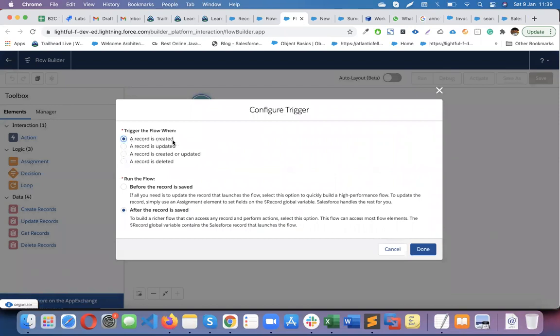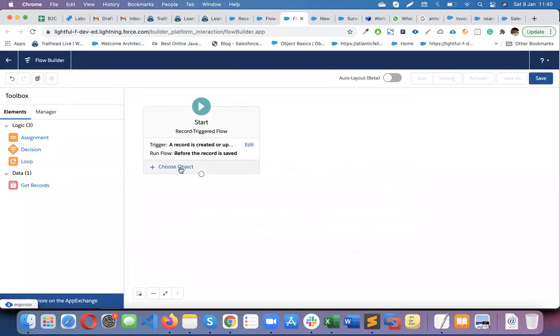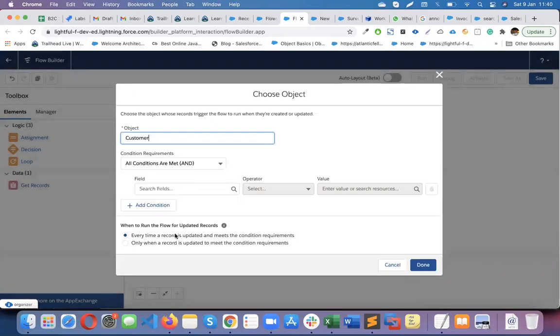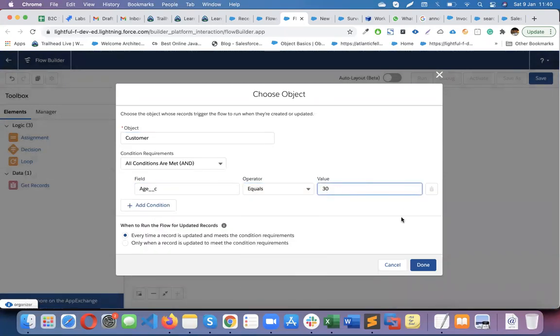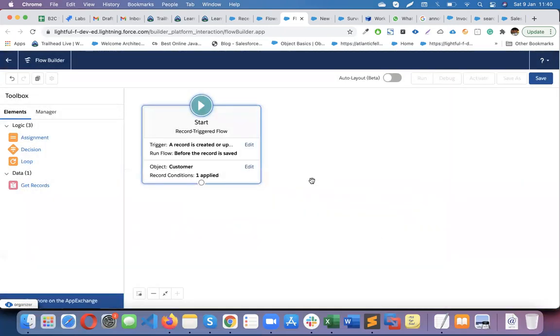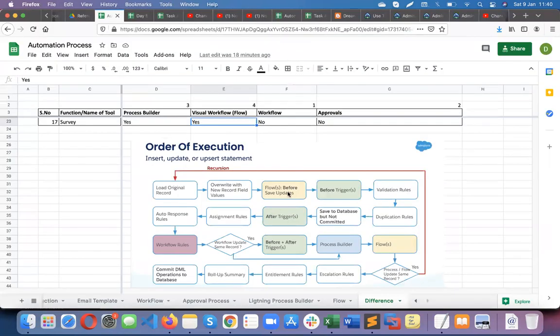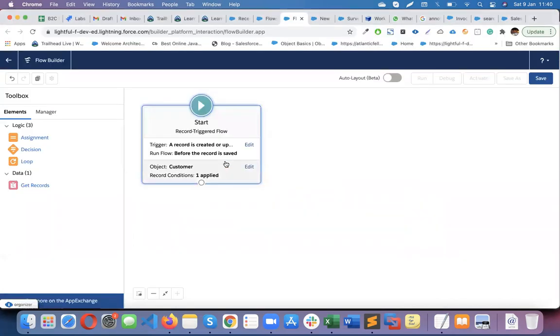Here, a record is created, or a record is updated, or a record is created or updated. And before the record is saved. If we select these options on that particular object, so the customer object, on the customer object, if you create a flow with before the record is saved, that flow will fire. That is the Tad actions, the flow will fire. Then before trigger. So before trigger is basically